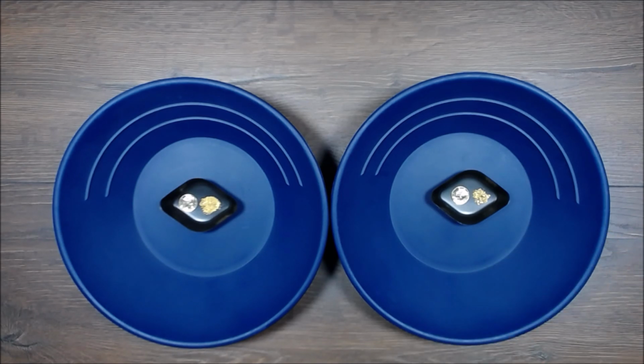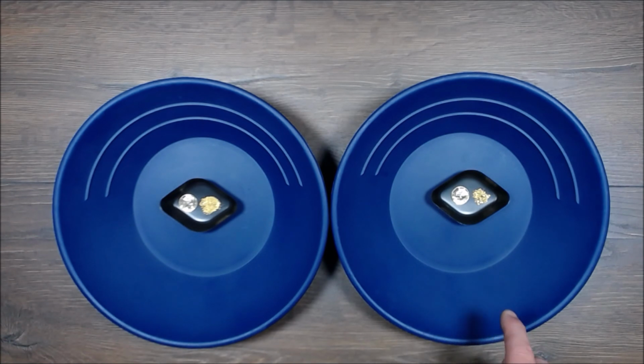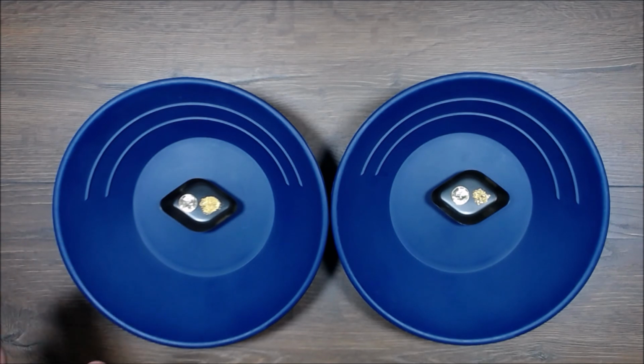Now, both of these bags were guaranteed 1.1 gram of gold, which is exactly what I got out of the bag that was shipped to my secret shopper, while the one that was picked up in store actually had 1.115 grams. Now, I am going to calculate both of these bags on the gold spot on the day that my secret shopper picked it up in store. Well, just for the record, the spot price on the day that this paydirt actually arrived at my secret shopper was $58.59, so a little bit higher. So with both bags having a gold spot of $58.22,